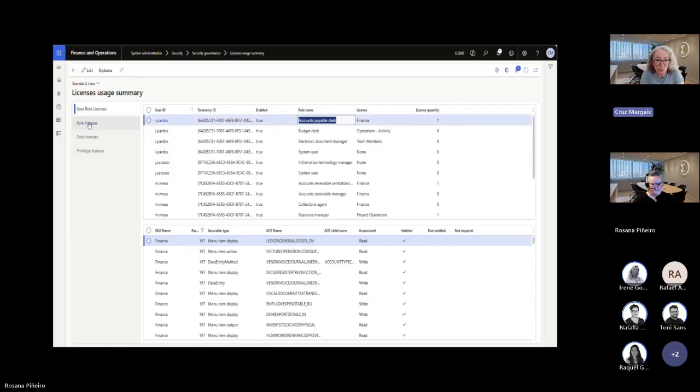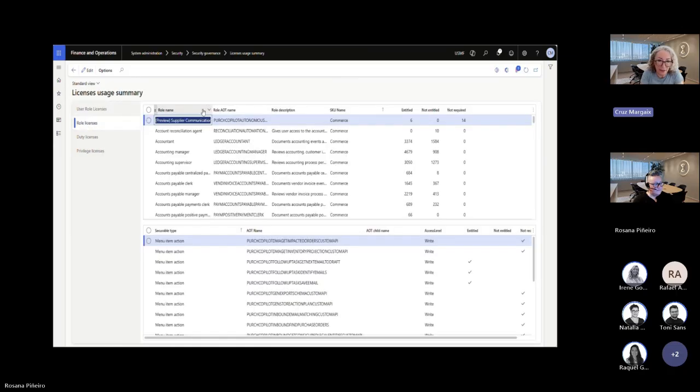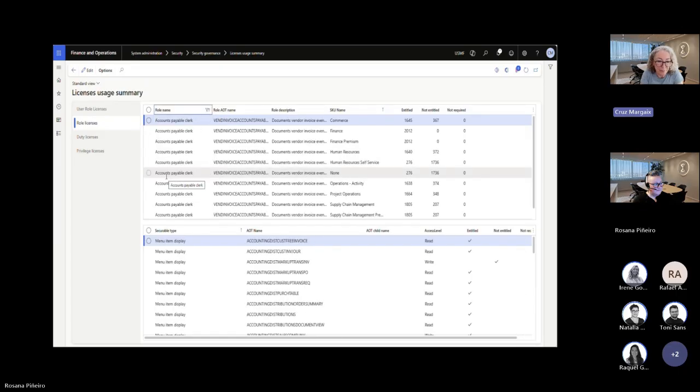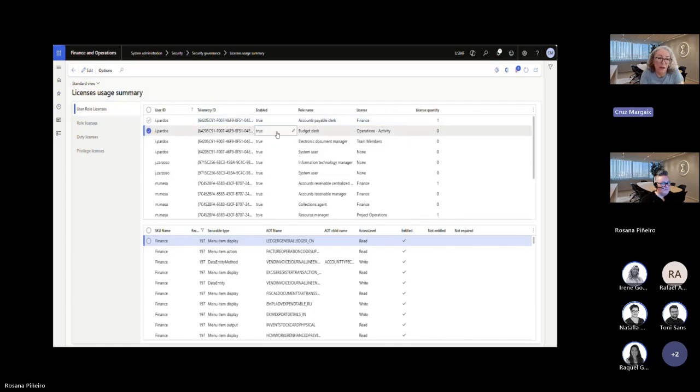If we take the first one that says it needs a finance license and move to the second tab, then we can see here for this role and every license, which are the entitlements. So finance covers all the requirements for this role. If we take the next one, the budget clerk, it should have enough with an activity.